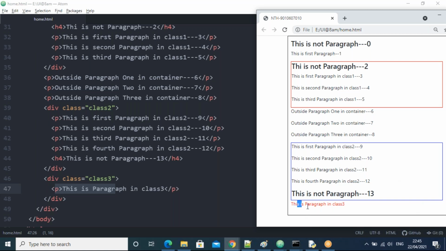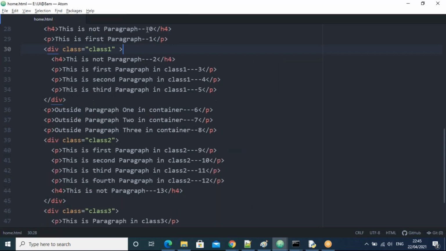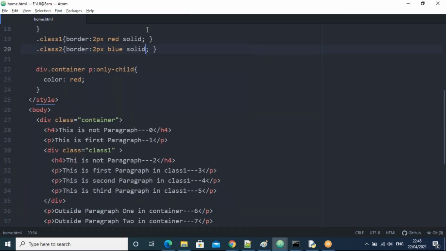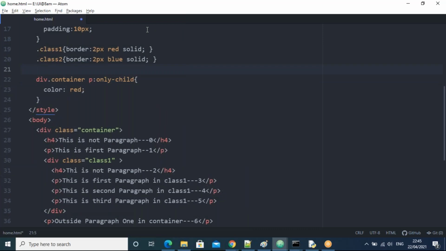Why this one matched? This one is not part of the main parent, not part of class 1 or class 2. This is part of class 3, guys. So I can take here dot class 3.